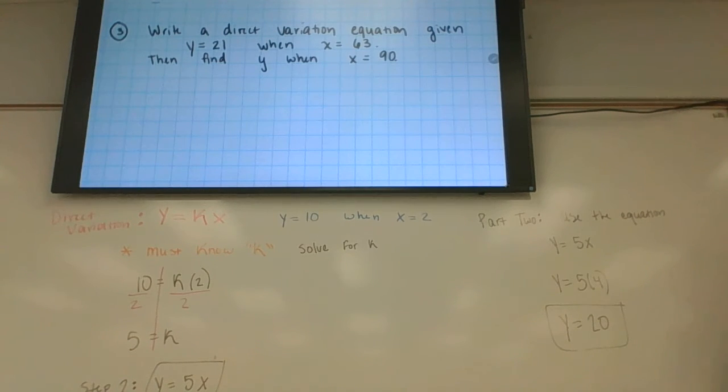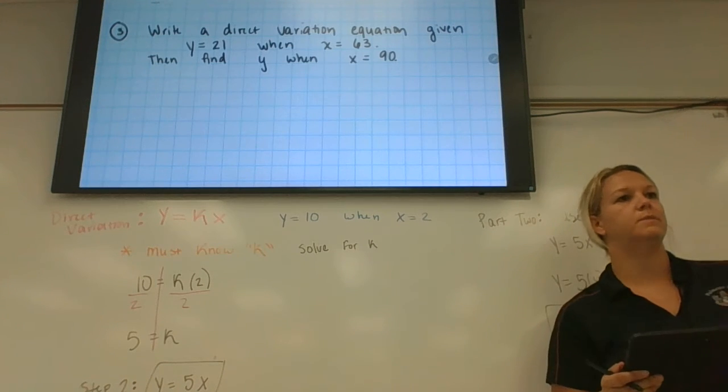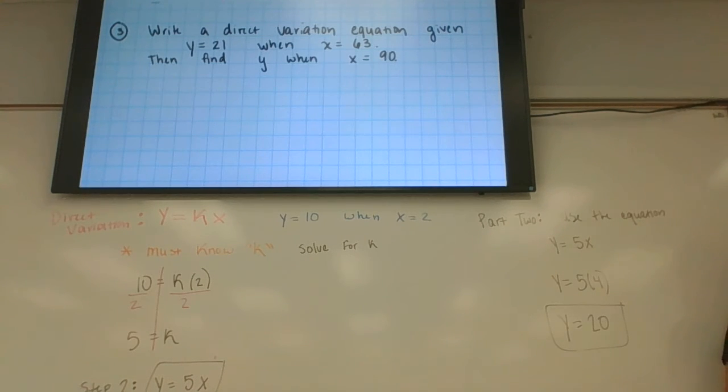Okay, use some different numbers, some less recognizable numbers, so that you're kind of forced to use the steps a